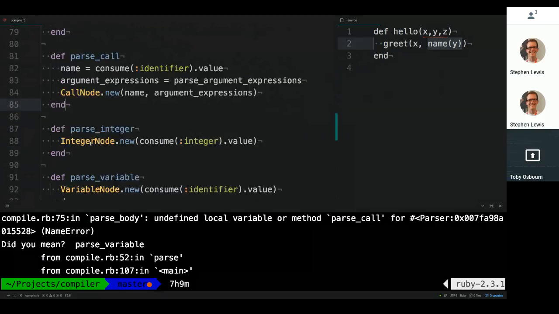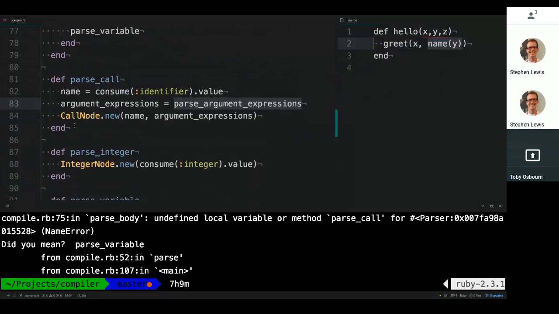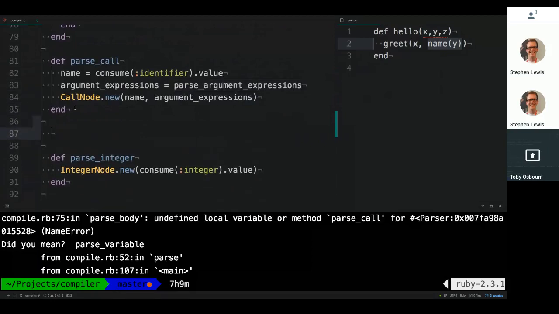The reason I'm doing this is that it's always good practice. I could have thrown all this stuff in here and it would have maybe made sense. But see if you can keep your methods as small as possible. It just helps so much with readability later. And also, I'm dealing with a really small screen, so it's good to be able to see them all in one area. So to parse our argument expressions, we should